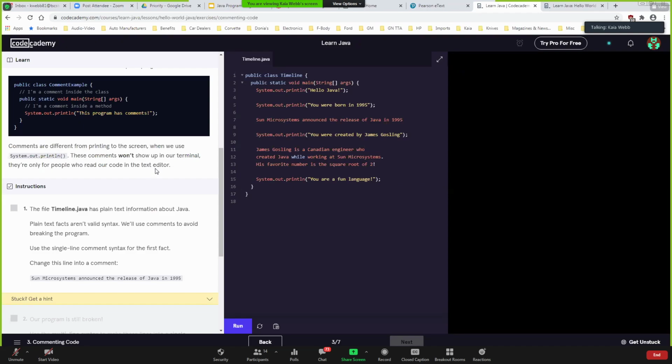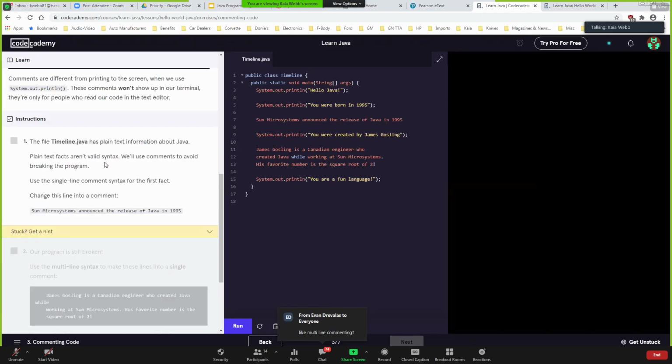And so they won't show up. So the instructions are: the file timeline.java has plain text information. Plain text facts aren't valid syntax. So this is not a good thing because you just typed in here and Java doesn't know what to do with it. So it's going to say change this line into a comment, and since it's just one line, you just do that,